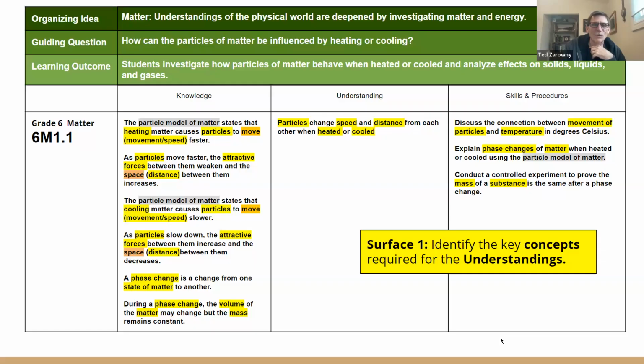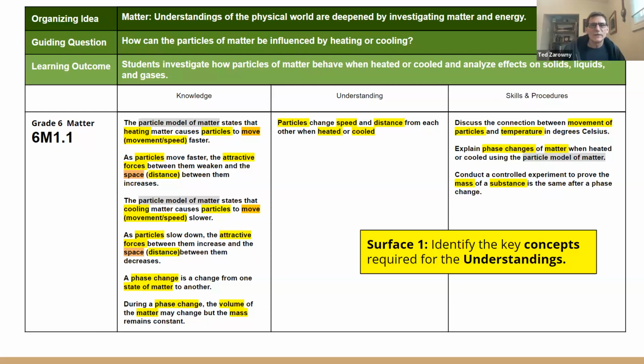So once again, we go when we're beginning our look then at how to unpack a cusp line. We've got to look for the concepts first because they're the building blocks to everything. And what I did here, when we're doing that, if we take a look at the understanding, we see particles and speed and distance and heating and cooling are highlighted there. So when we're talking about speed and distance, we're really talking about particle movement. And heating and cooling, we're talking about temperature, and you'll see those words show up on the left in the